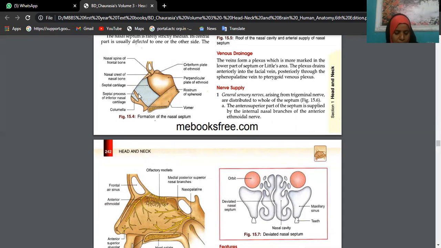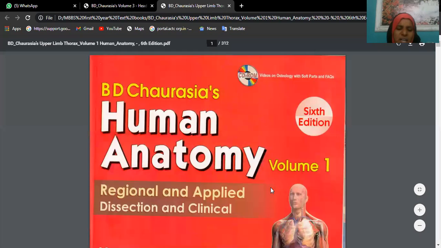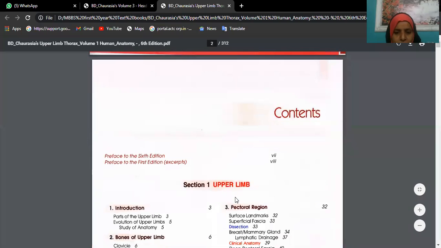Then we have the next question, axilla. That means now we have to go with the upper limb book. Very few questions came from upper limb, as you should have seen now, isn't it? Yes, ma'am. The whole paper has come from head and neck and neuroanatomy. So we cannot take things lightly. You just read the papers, that's enough.